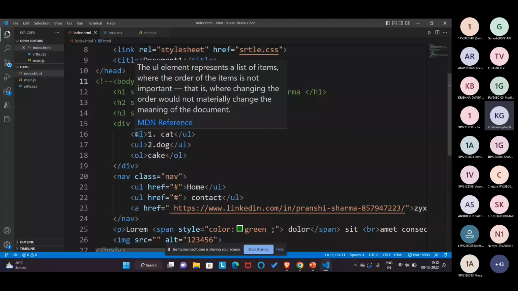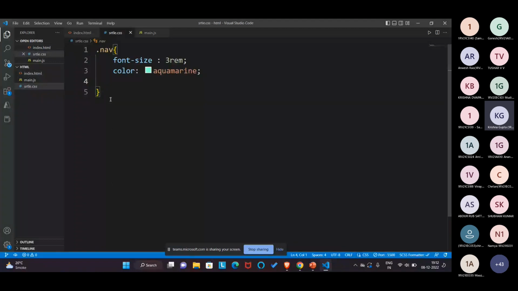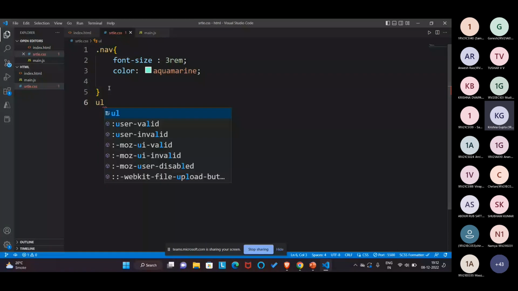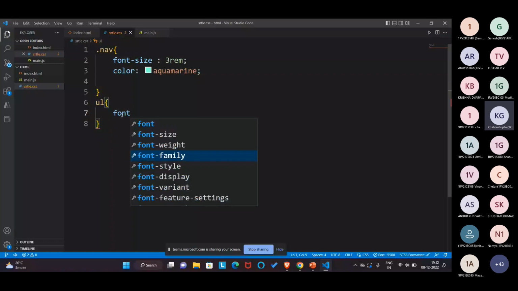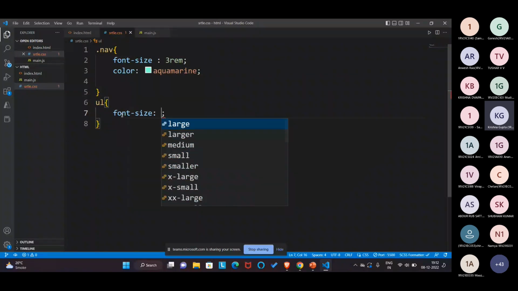UL is the only thing which does not require any dot operator, because it is already in the style sheet. Style sheets know that this is a type of component which needs to be styled. It is only predefined. Now we are adding font size, font size equals to